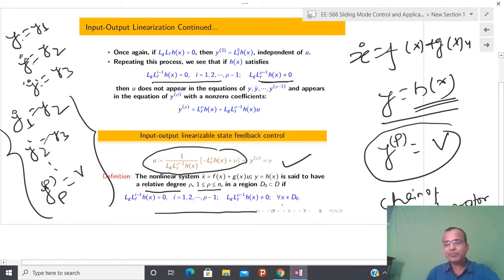And you can see that even if you forget the notion of Lie derivative or Lie bracket, at that time also you can just take your output and differentiate it and see when control is going to explicitly appear, and after that you can design control based on that specification. So even if I have an nth order system, but control appears just after the third derivative, then I have to just design control for a third order system. That is the beauty. Have you been able to understand this point or not?